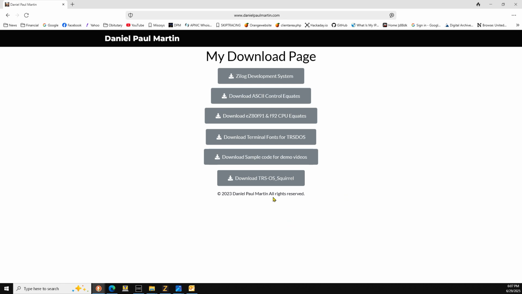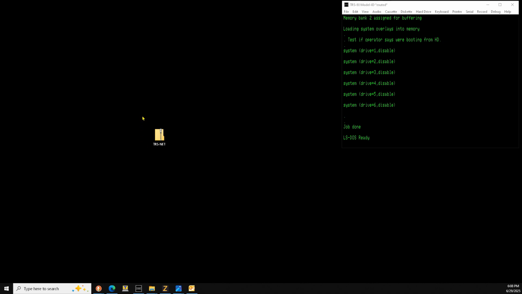So let's pretend that we clicked on that, because every installation is going to be different. If you download this folder, depending on which computer you're using or where it puts your downloads, what you will want to do is go to your download folder, get that zip file called TRS-NET with a hyphen in there. It's a zip file. You want to put that on your desktop. Now this installation process is very complex, and pay attention, because I tried to make it simple, but it's pretty complex. Put the zip file on your desktop, then right click